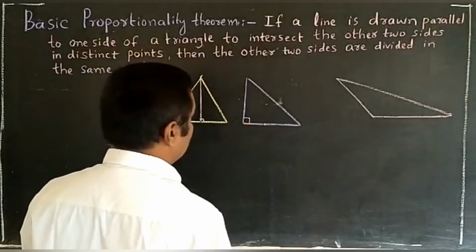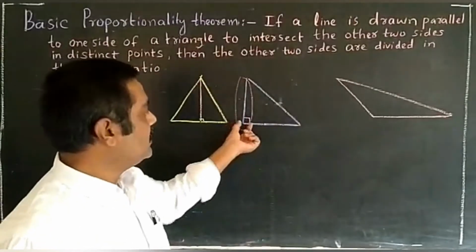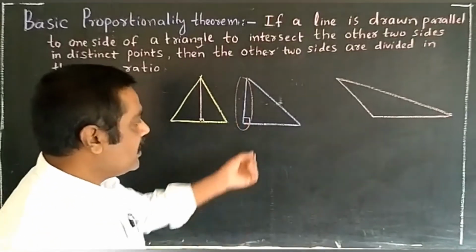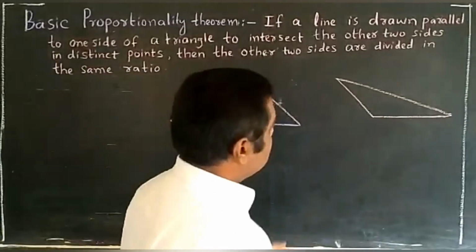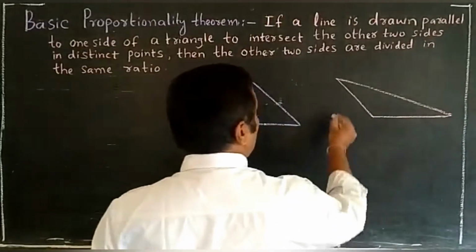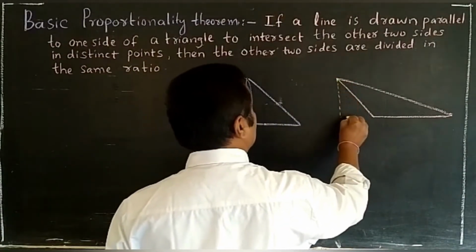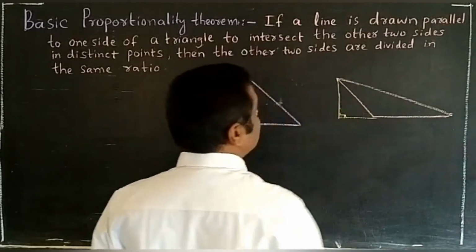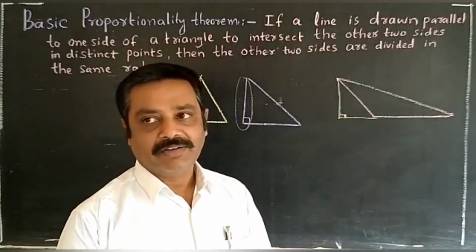In a right angle triangle, one of the sides included with the right angle is the altitude, so we are unable to construct the altitude in the interior of this triangle. And for the obtuse angle triangle, we have to construct the altitude in the exterior of the triangle. We are unable to construct the altitude in the interior of the triangle.